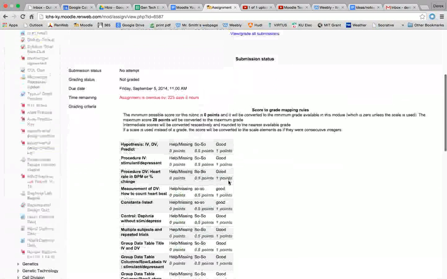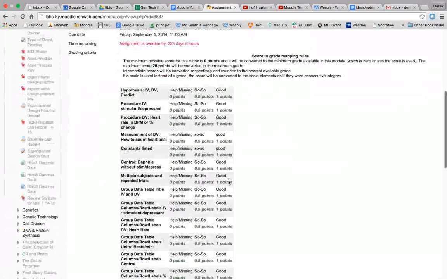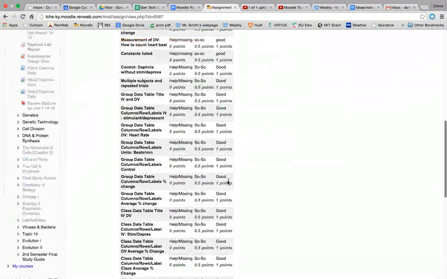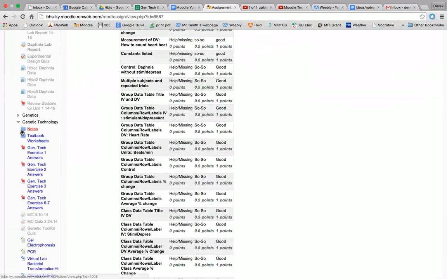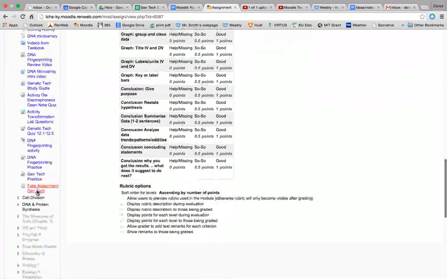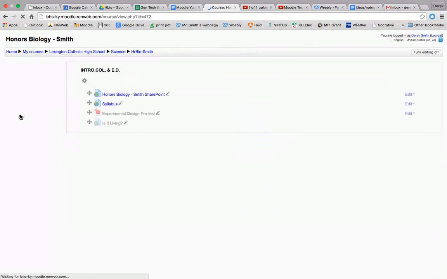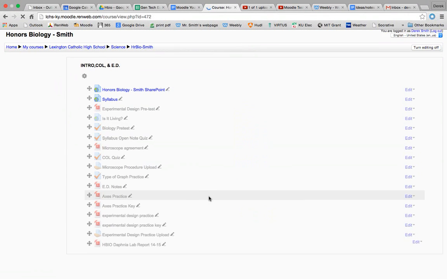So this is one I made previously, and I'm going to make up a fake one right now. The only thing is you have to make an assignment. If you're not familiar with that, let me go to a genetic technology to my fake one. My fake assignment, GenTech. If you don't know what I'm talking about, let's go back here. You scroll down on this